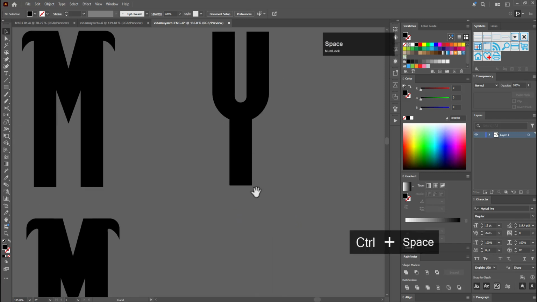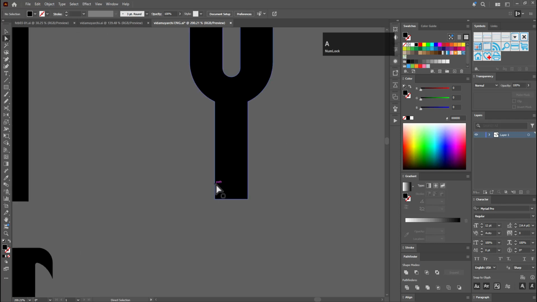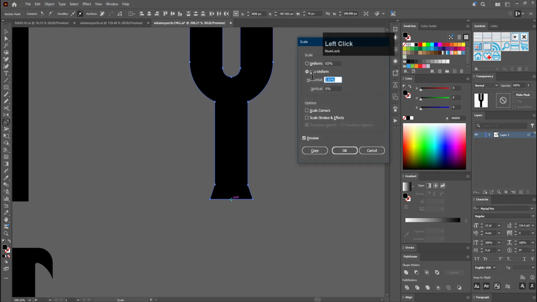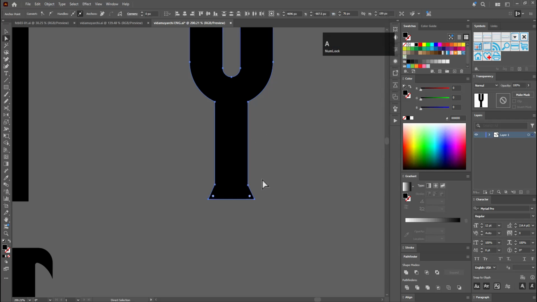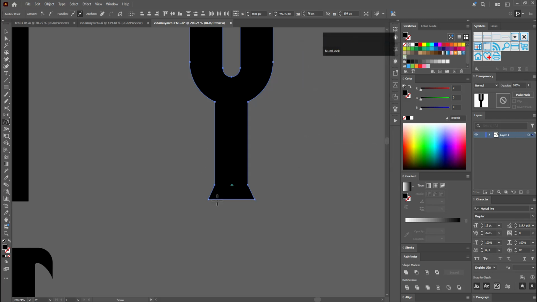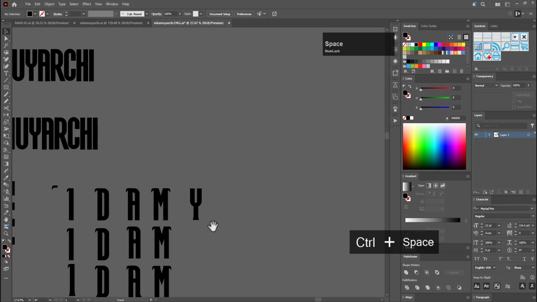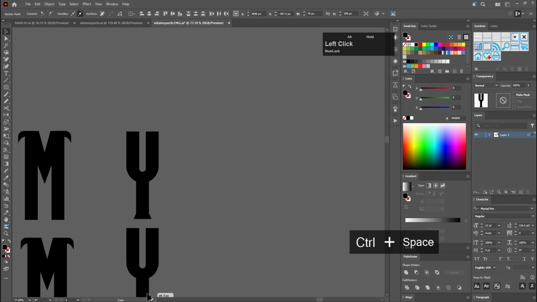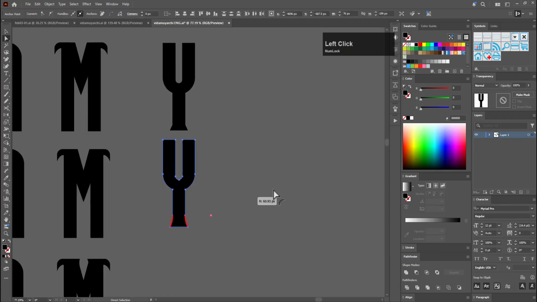We don't need this here, and then just add anchor points here with plus and select this and increase the value of about 140 and then select this, press yes and select this and then give the value around 100 and then select these and round this just like that. We forgot to keep a backup, so let's bring this here and let's select this and round it here, press yes, press Ctrl S